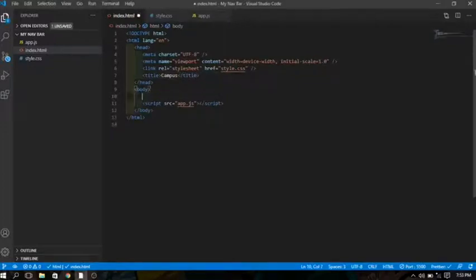So in the body, we're going to be using some HTML5 semantic tags. I'm going to use the header tag. So I'll type header and press tab, and it's going to generate it for me. I'm going to give it an ID of main-header,